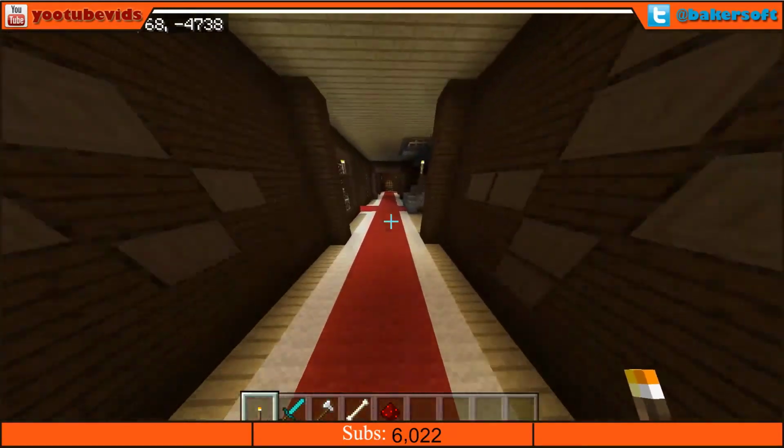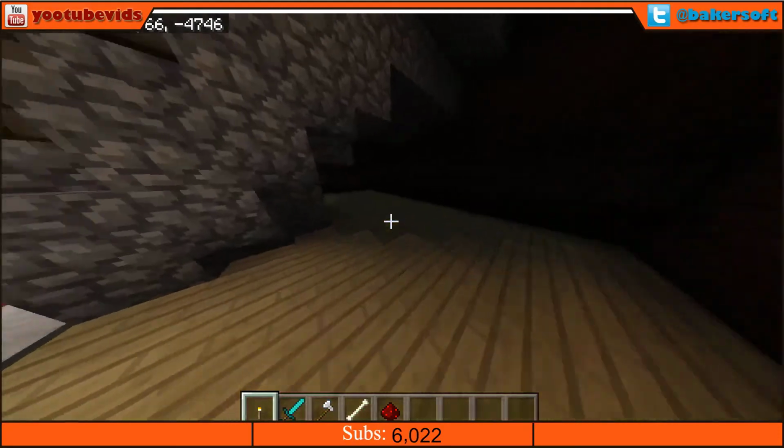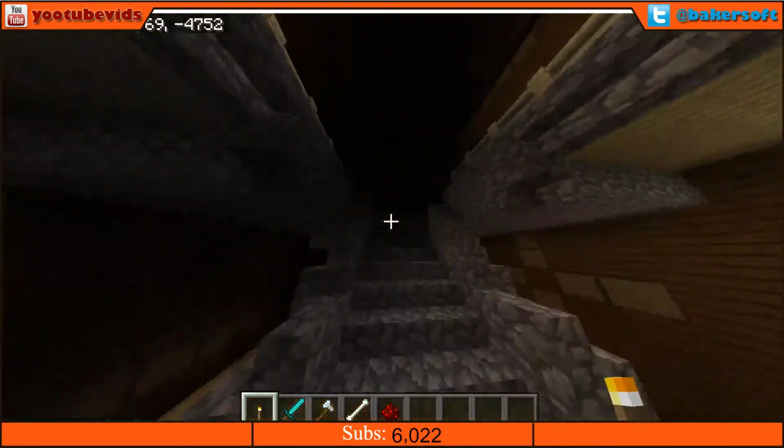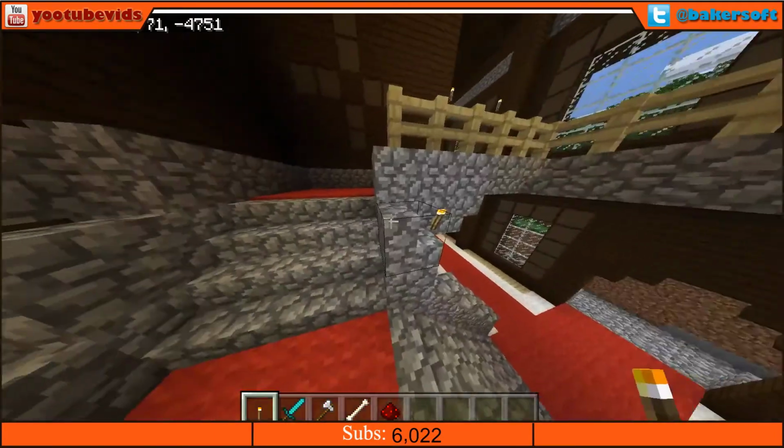All right, so this is the first floor of a mansion. Mansions typically have 3 floors, so there's definitely a lot to explore in the mansions themselves. So that's floor number 1 right there that we just...